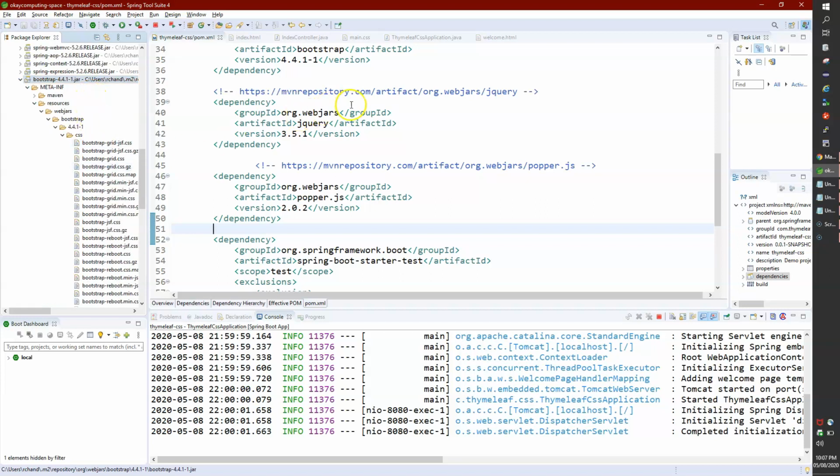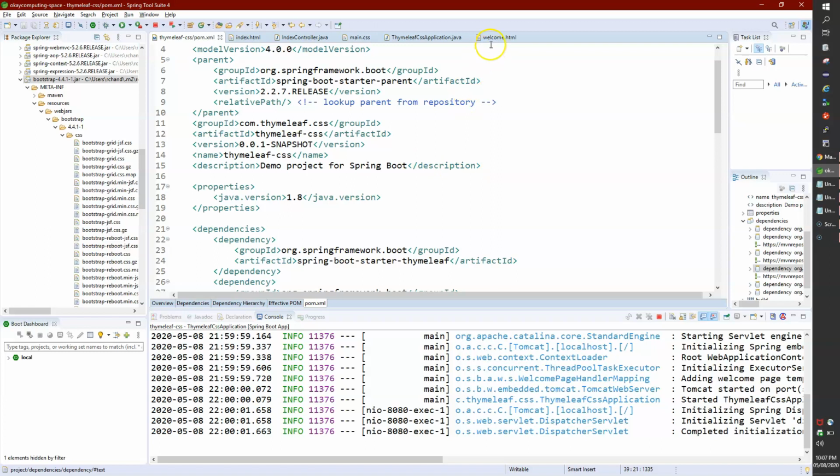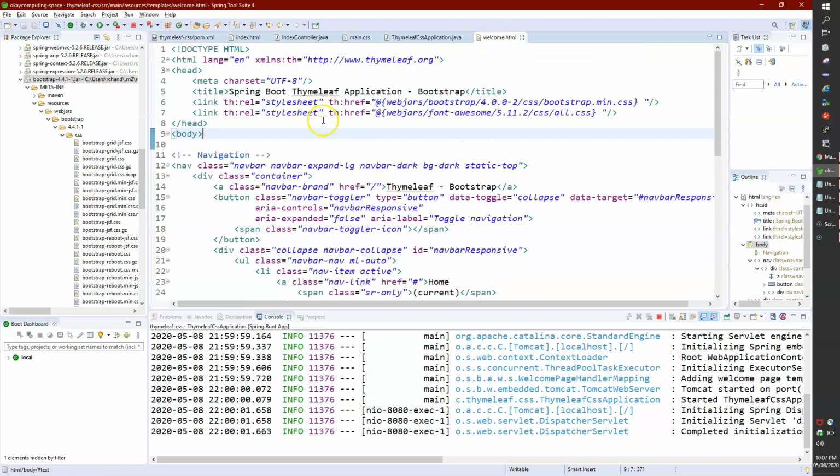Now we have to update the path in our file. This is how you add it, right? As I told you earlier, we use the th:href tag to include the dependencies. So now the path is WebJar Bootstrap. Here the version is 4.4.1-1.